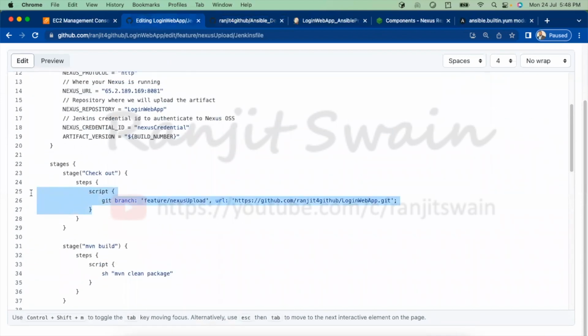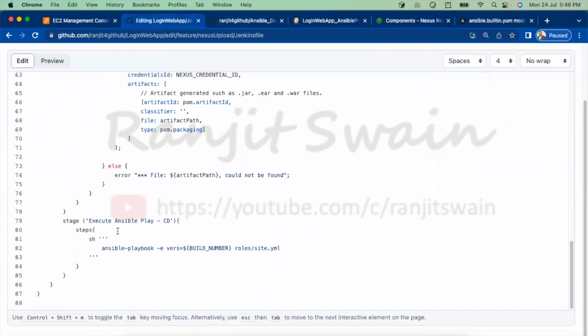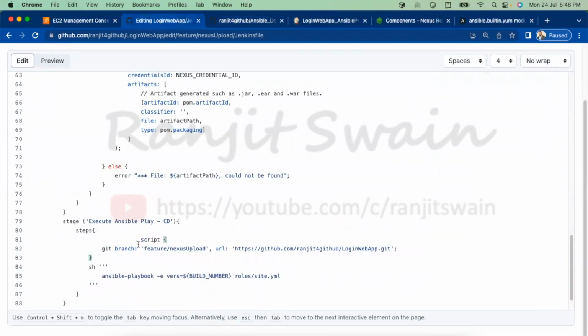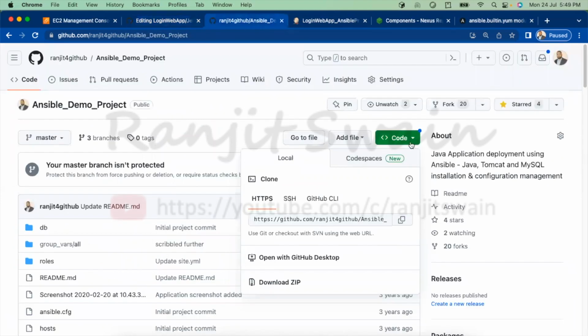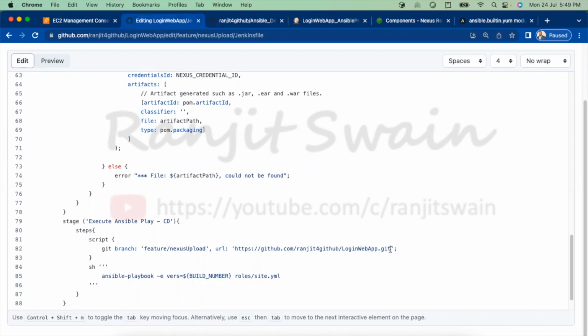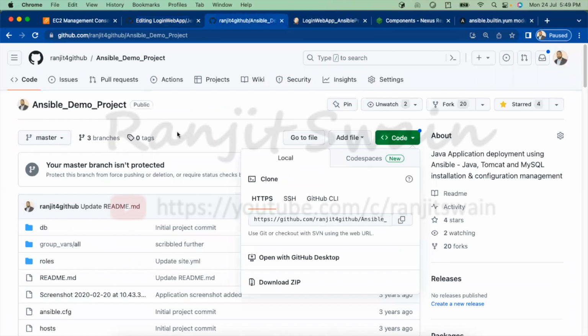Let's copy this particular part. Under these steps, let's write this part, script. Under this script snippet, we have to write this particular branch. Let's clone it again, copy, go back here, just remove this particular part and put the URL, and our URL will be Ansible demo, which contains this playbooks, right? And this branch, so what is the branch name? The branch should be used as